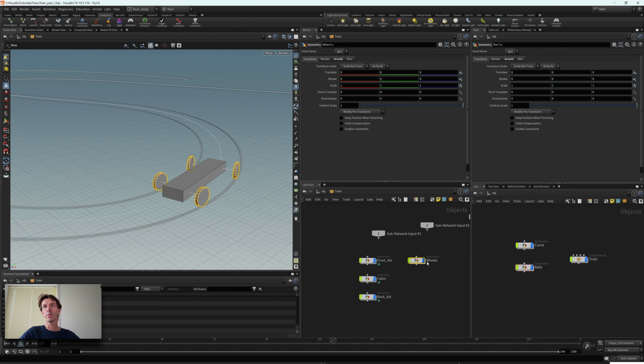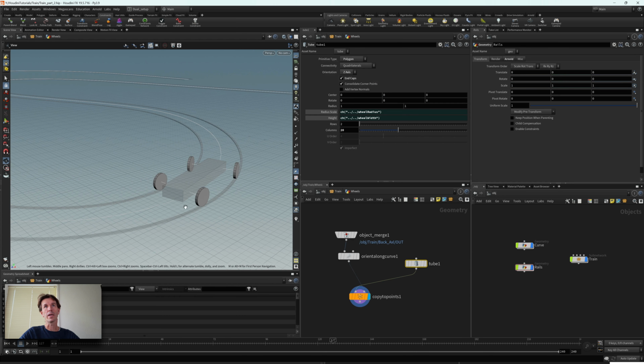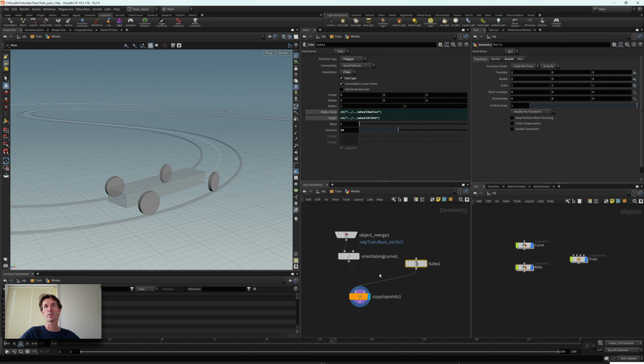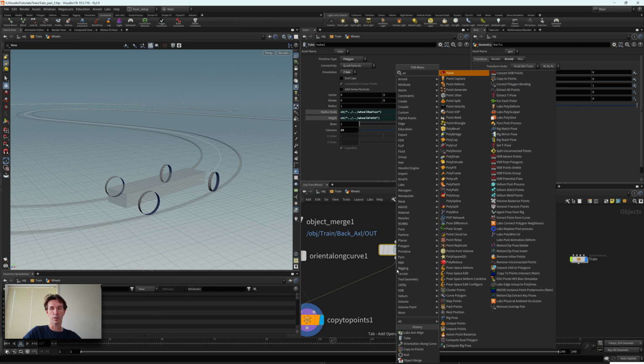Well, the next step is for me to make sure that the wheels are actually going to rotate. But to be able to see this, I'm going to change my wheels a little bit, and I'm going to do this like this. First, I'm going to remove the end caps because I don't want them. And what I'm going to do is a polyfill,